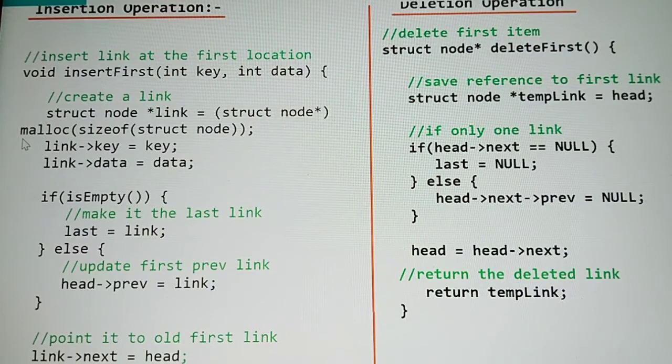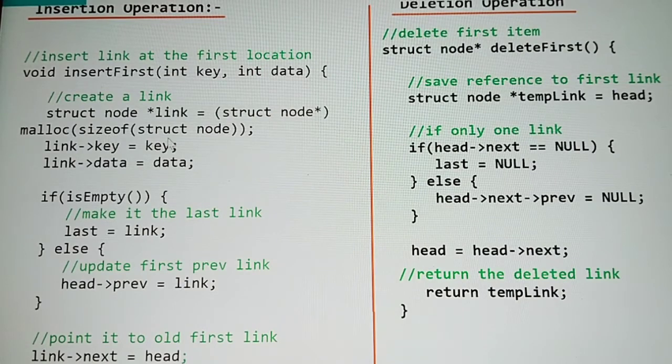Malloc is used for insertion, and malloc with sizeof is mainly used to identify or declare a fixed size. Here you can see sizeof is an operator.